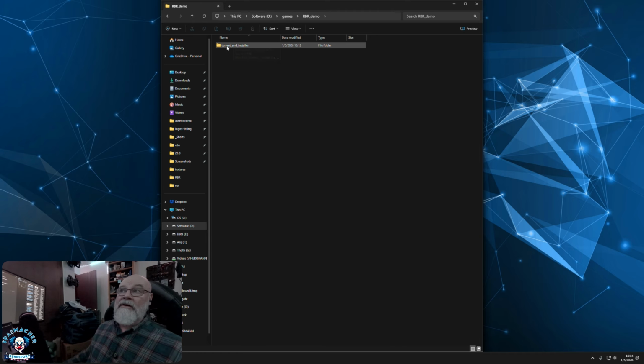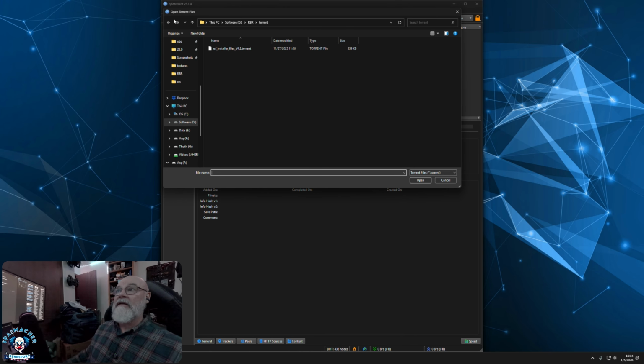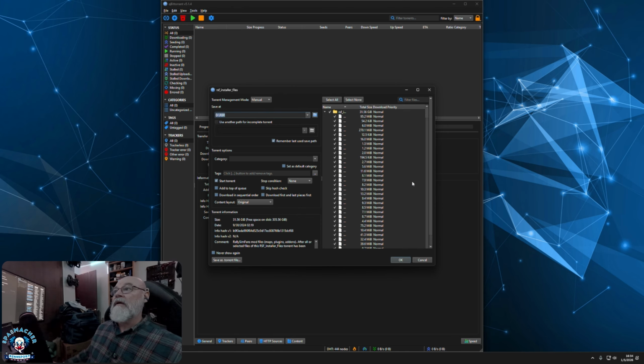I actually put them in their own directory just to keep them separate from everything else. So I have the torrent and installer in the directory here. Now that I've downloaded those files, I want to go to my qBittorrent application here. I want to add, and I'm going to find my games, demo, torrent, and installer. Click on the torrent, and